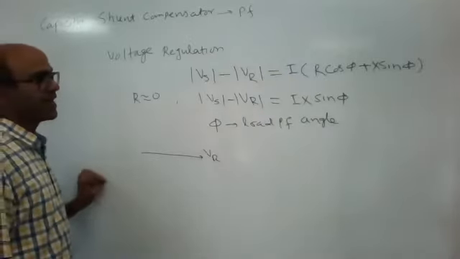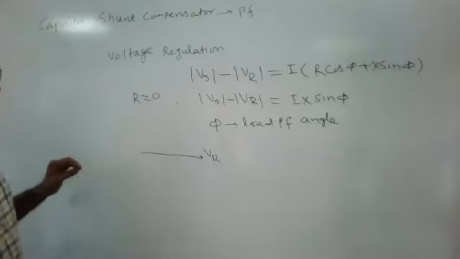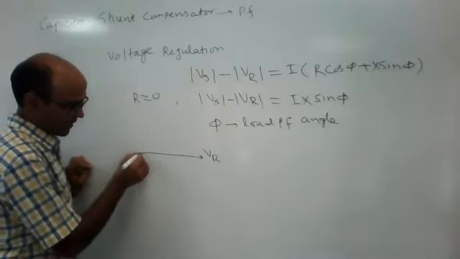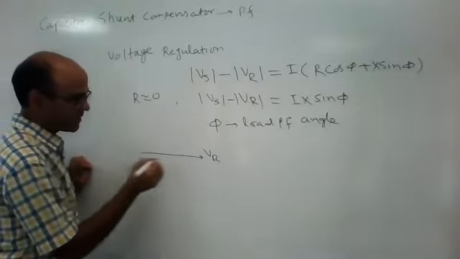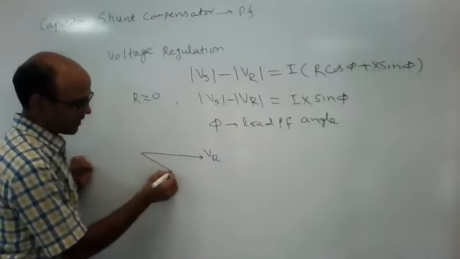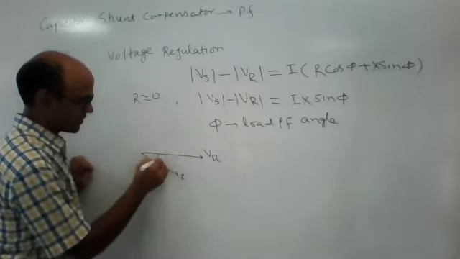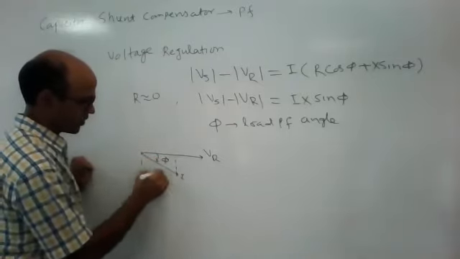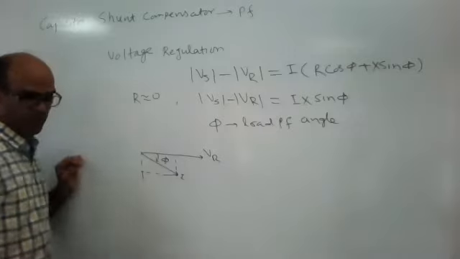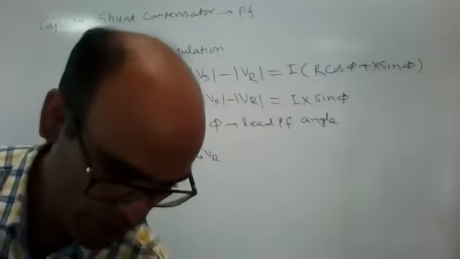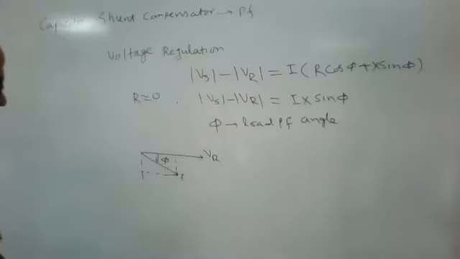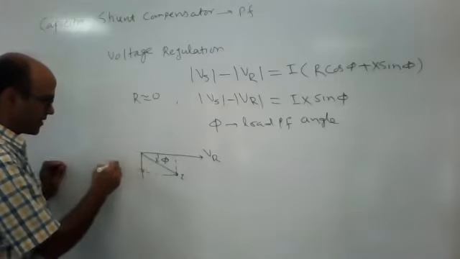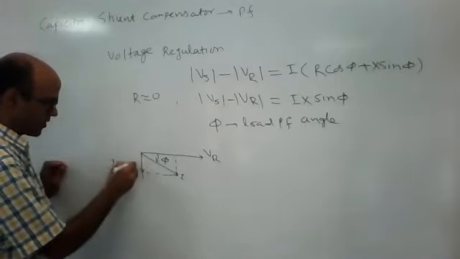This is what Ix sin phi. Okay. So I am assuming lagging power factor now. So load current is lagging. Okay, means I is lagging the BR YN angle phi. So if I take two components, then the horizontal component comes to be I cos phi and the vertical component is I sin phi. Okay.